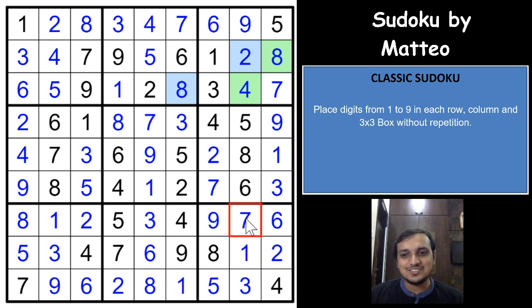And with that we complete this gorgeous, excellent classic Sudoku by Matteo. What an excellent Sudoku this was. I really enjoyed solving this Sudoku. What a great